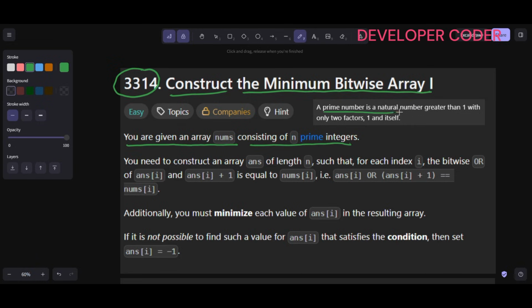A prime number is a natural number greater than 1 with only two factors, 1 and itself, like 2, 3, 5, then 7, then 11, then 13, then 17, then 19, then 23. Clear? So you need to construct an array answer of length n such that for each index i, the